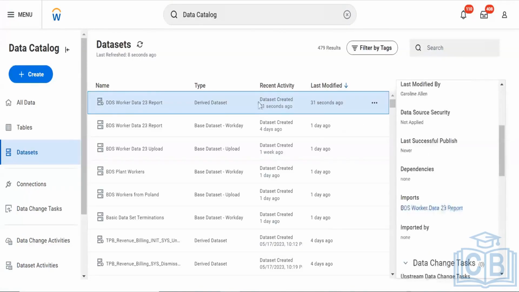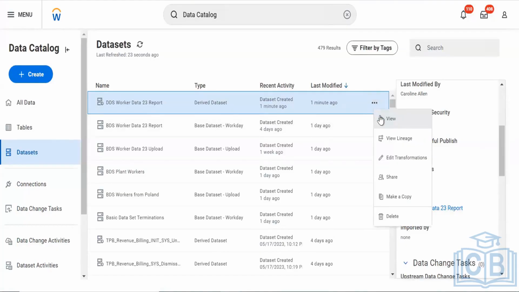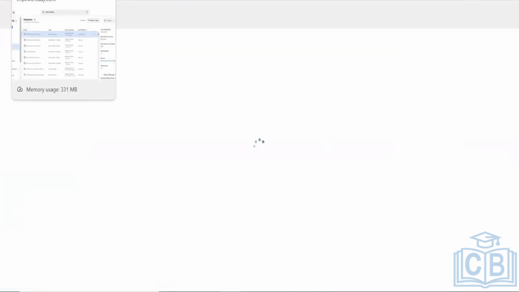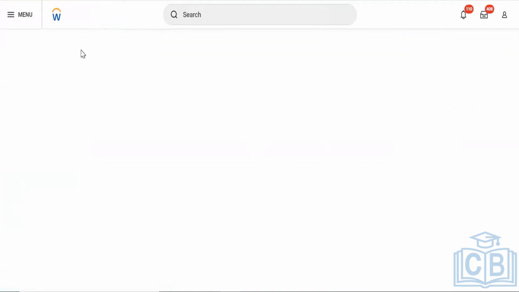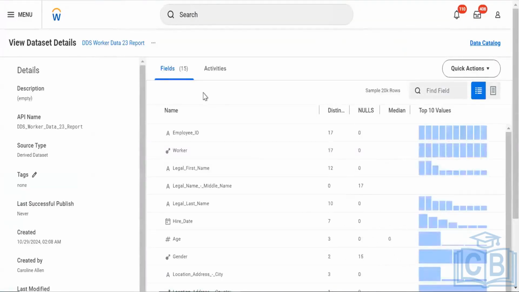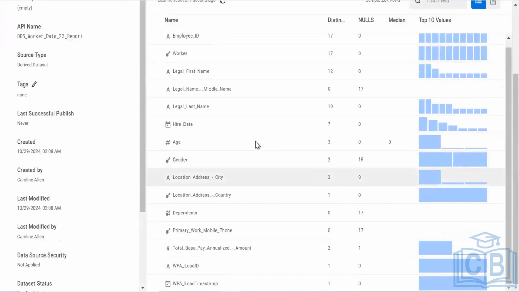See here, if I click on this one, I see imports. I'm able to see that this is importing data from BDS worker data support 1. Created. From here also we will be able to know when we click on view. And we'll be able to see just the base data set when we create a base data set. Over there also we will be able to see what are the fields available in a summarized way,